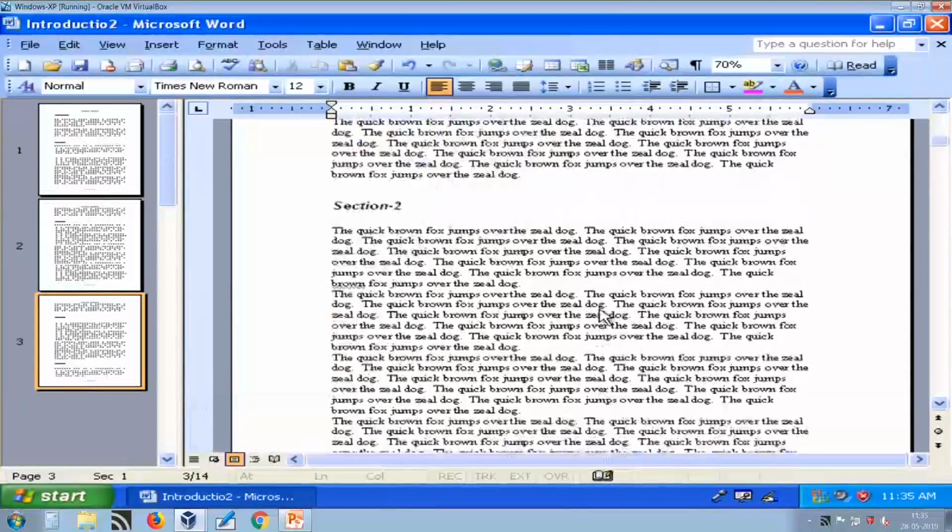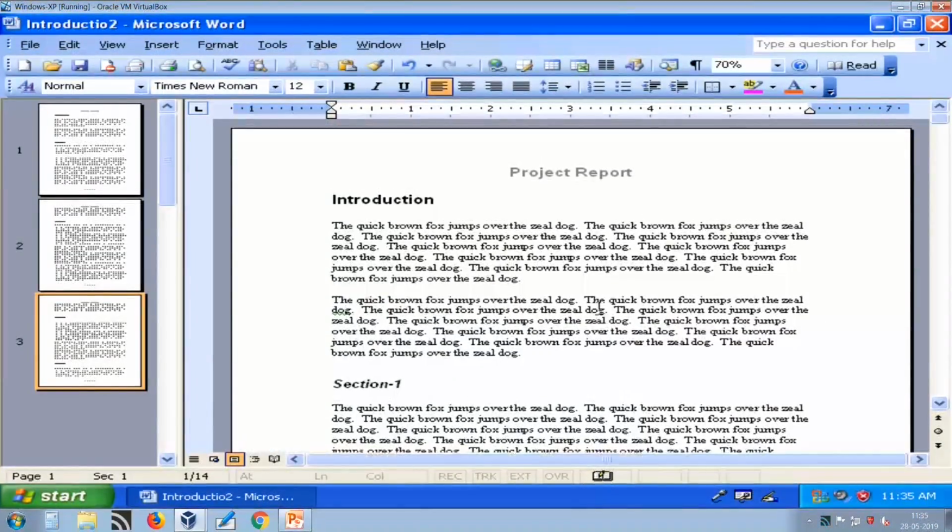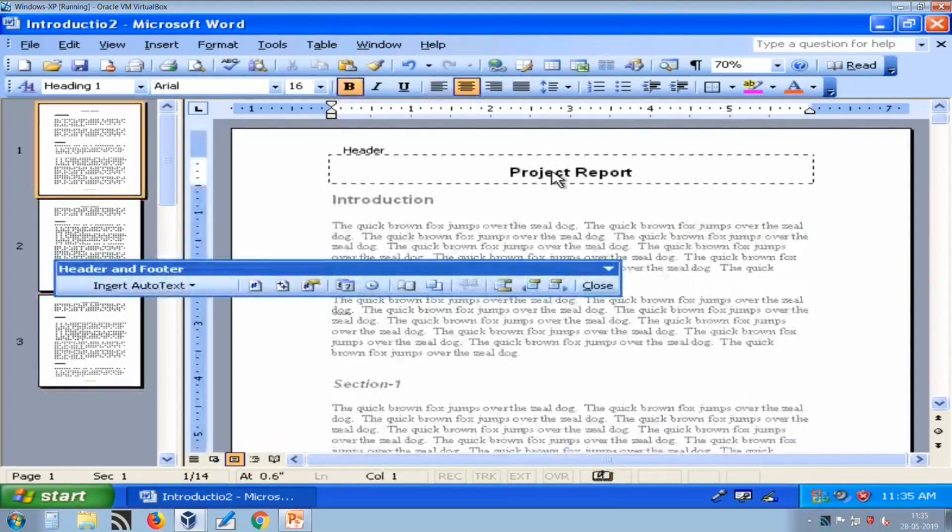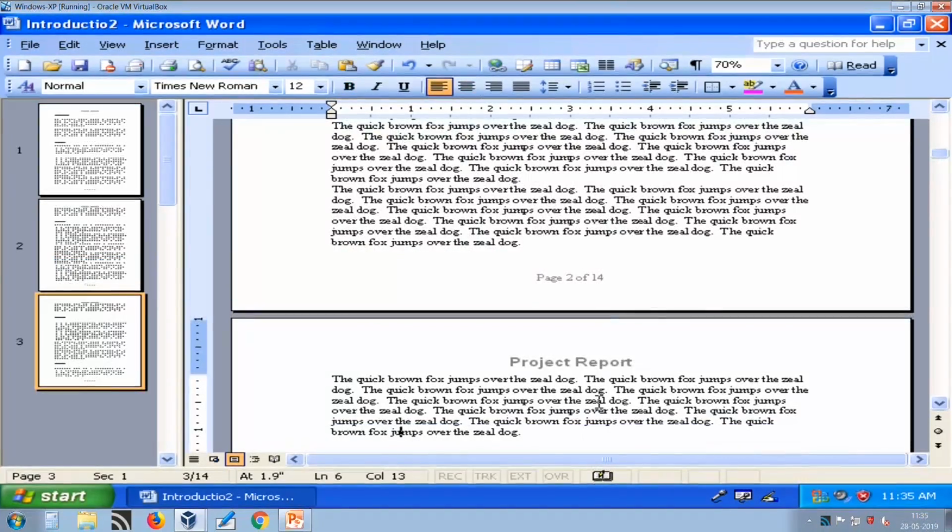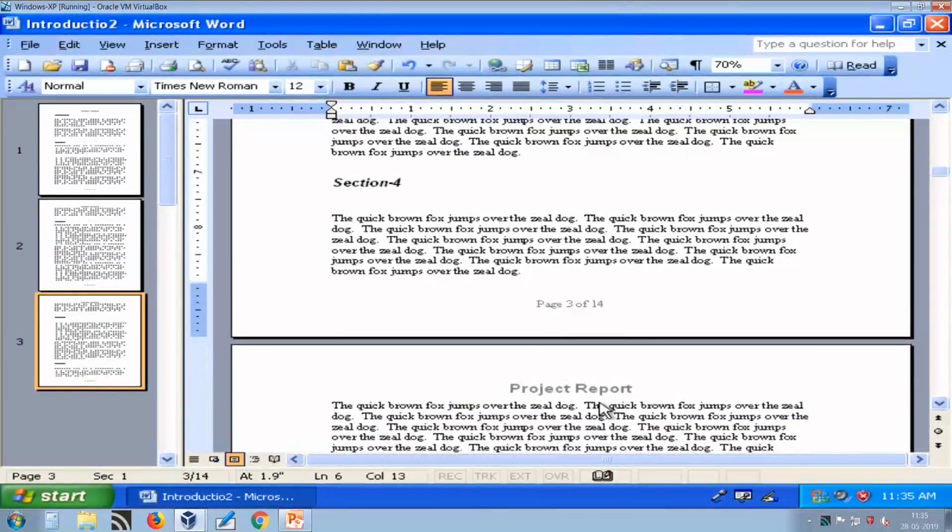So, you can not only use header and footer in Microsoft Word, but you can quickly open it by double clicking on it. You can easily switch between header and footer. You can use ready to use fields in your header and footer. So, this is how header and footers are important for us.